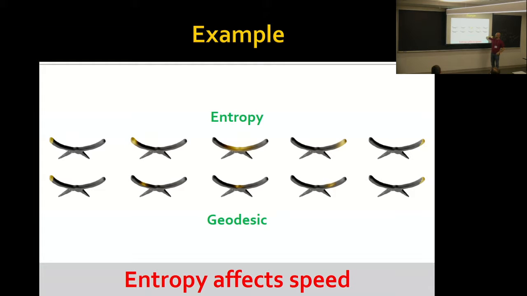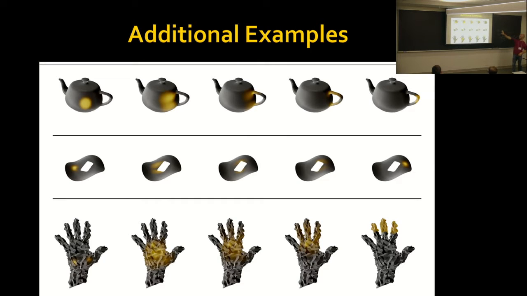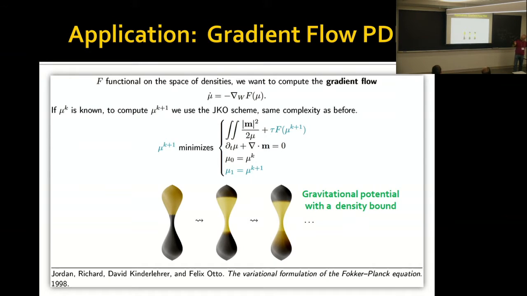One funny empirical observation about entropy is that it actually messes with the velocity of your fluid as it moves along the surface. This is actually unknown theoretically, as far as I know, but if I add an entropic regularizer, empirically what people have noticed is that the distribution stays close to the first pose, then very quickly moves to the second pose at about t equals 1/2, and then stays at the second one. Whereas if you use this geodesic technique, it moves at a nice constant speed. This appears in many different examples. You can handle holes, different topologies, and so on.